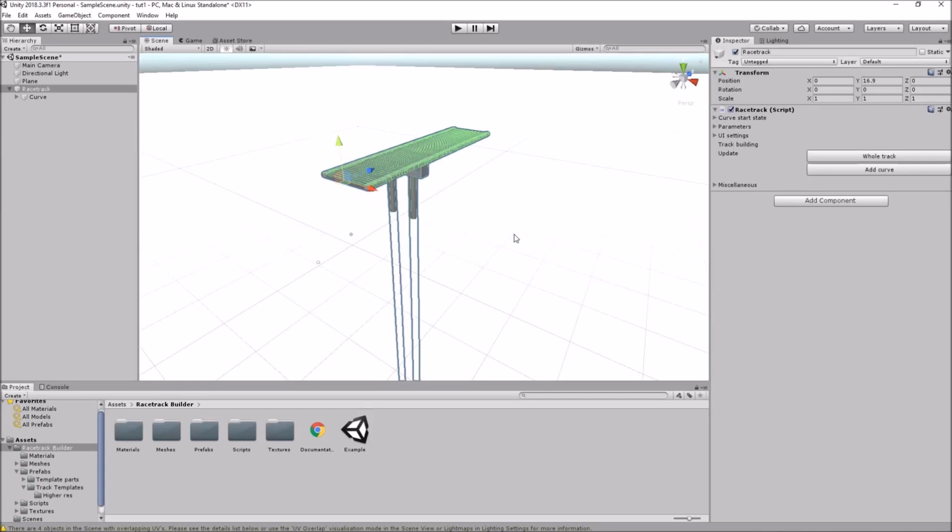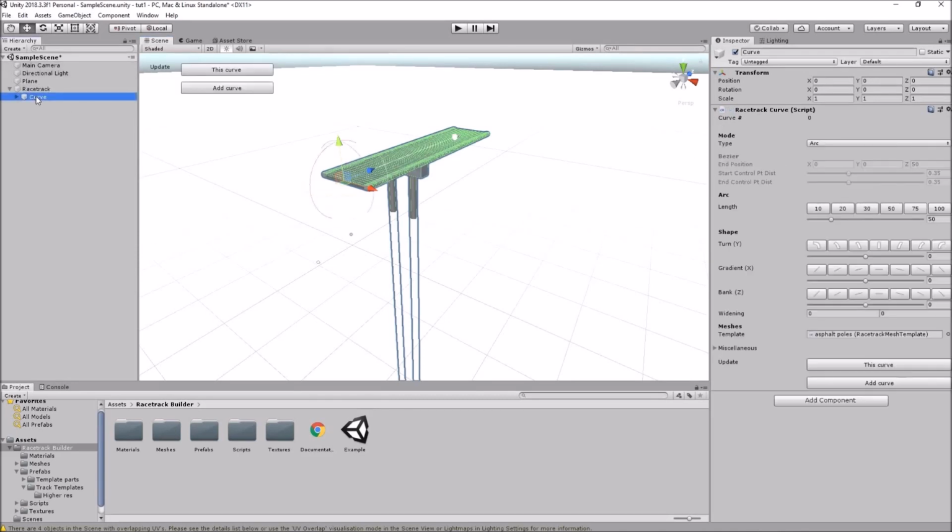So let's have a look at these objects. We have the racetrack object, and that is controlled by a racetrack component. And that has a bunch of parameters and actions that relate to the racetrack as a whole. Now we won't need to touch these for this tutorial, except that we will use the create closed circuit function, as we'll see later. Where we'll be doing most of our work is with the curve objects. So if we have a look at this curve,